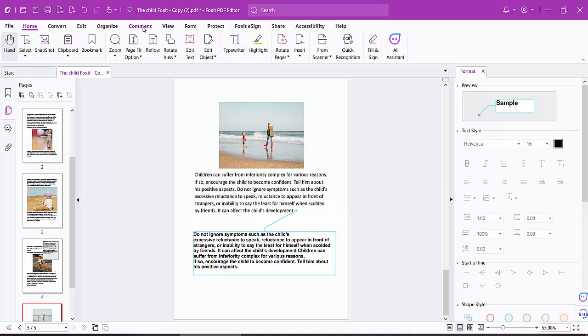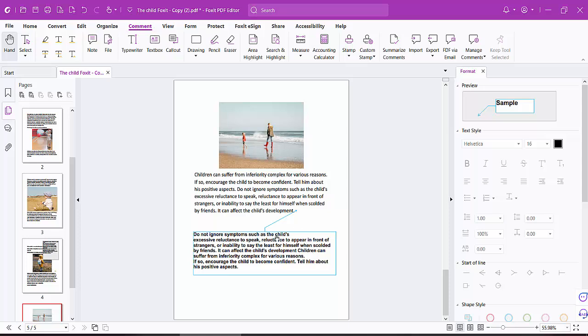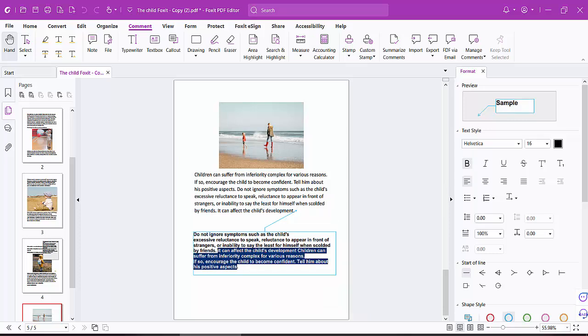Now select your comment option in this menu bar and scroll to the comment box and double click on this comment box, and drag your mouse cursor, select your text and apply underline. In this right sidebar here you will find this underline option. Simply click on this underline and see this text now underlined,